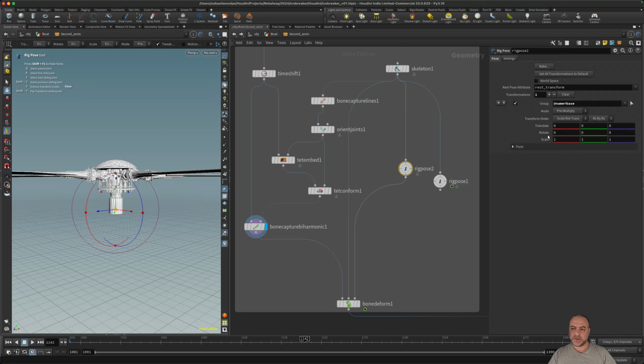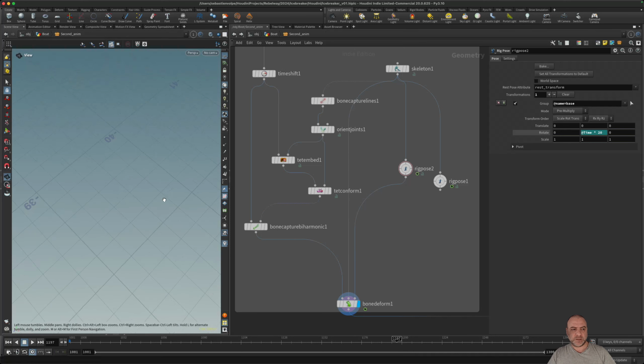It automatically adds here. And I rotate it by the time, time multiplied by 20. And now when I display the bone deform, we get the rotation, the animation.